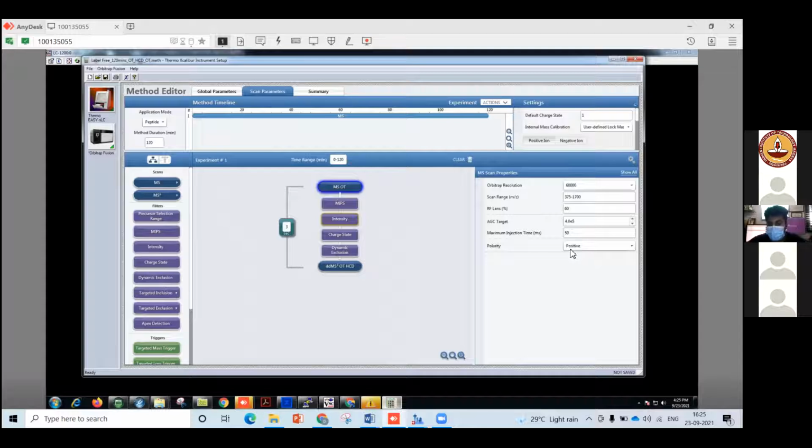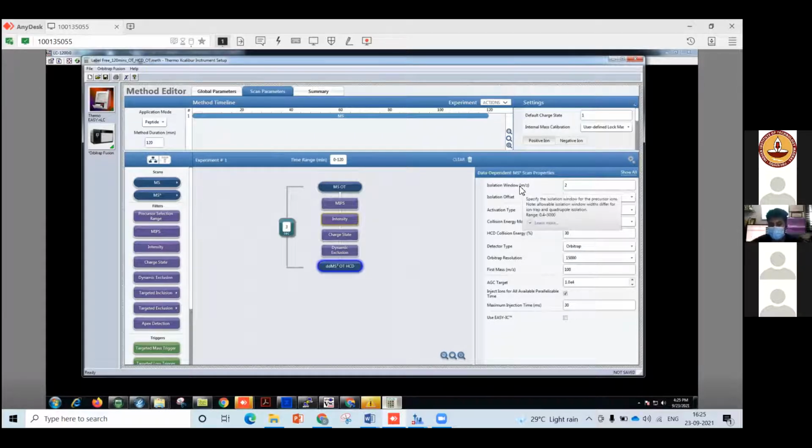And as we are doing peptide identification, we generally go for the positive mode. But if we are going for some metabolites or small molecules, we use both positive and negative mode during that time. So this was regarding the MS1 parameters, and these are the DDMS parameters, that is the MS2 level parameters, where the isolation window for the m/z is 2. As you can see, the specific isolation window allows the precursor ion into the detector.